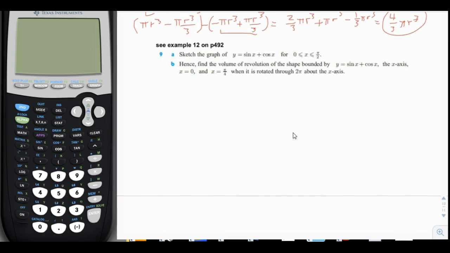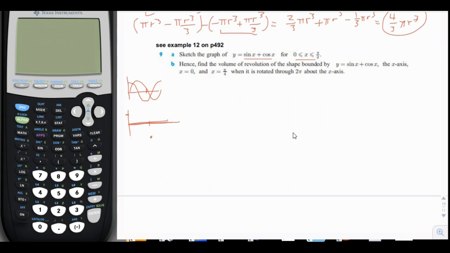Sketch the graph of y equals sine x plus cosine x for 0 to 2 pi over 2. So, sine x plus cosine x. Can you imagine what that might look like if you added these together? It should just be another sine wave. Did you know that if you add sine and cosine together, they just make another sine wave out of phase? So this one would start at 1, and then at the midpoint it would be -1,